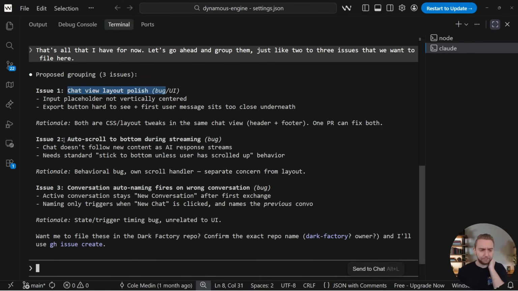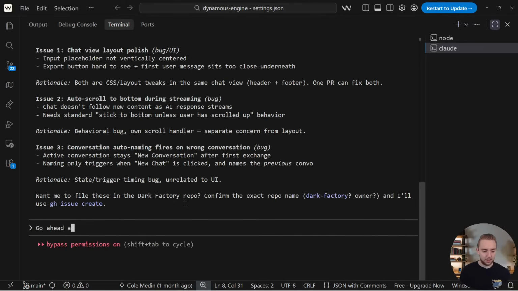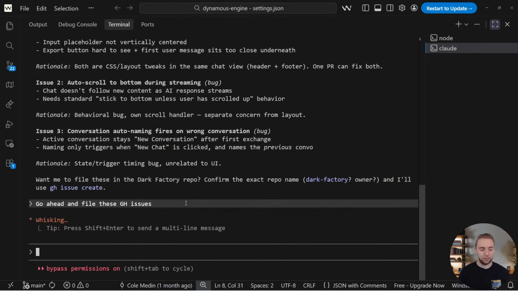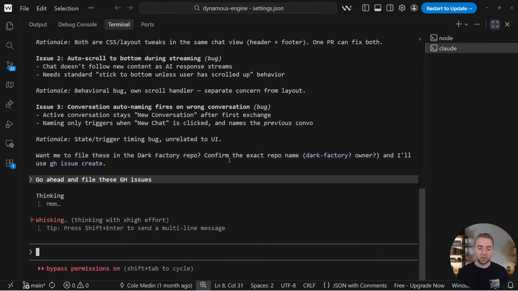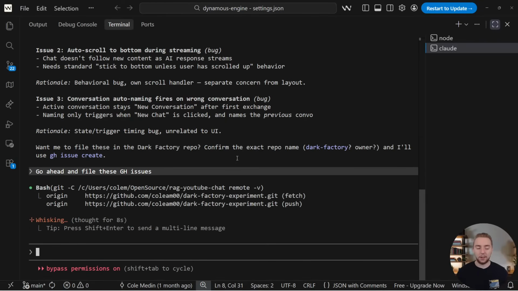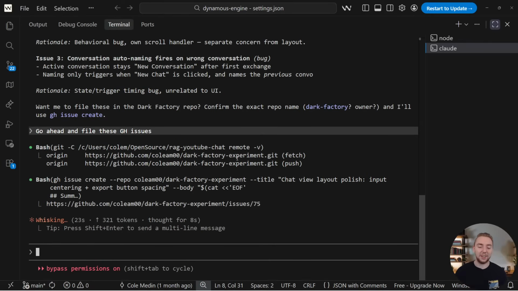We have the chat view, auto scroll, and conversation auto naming. Yeah, go ahead and file these GitHub issues. All right, so we'll see them pop up. And then just for the sake of demo here, I will ask Claude Code to invoke the orchestrator so that we can see it kick off right away. Usually, though, I have it firing every half hour right now. I've been playing around with different increments. When this is actually deployed to production, or is a fully public experiment and ready to go, I'll probably have the orchestrator run every 4 hours. So we have batches of issues and we can identify the ones that we want to address versus close.